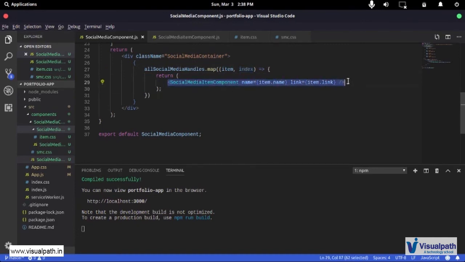So this paradigm of writing React apps like this is very common, and in this what you do is you create a variable, and then you have your data sitting in there.